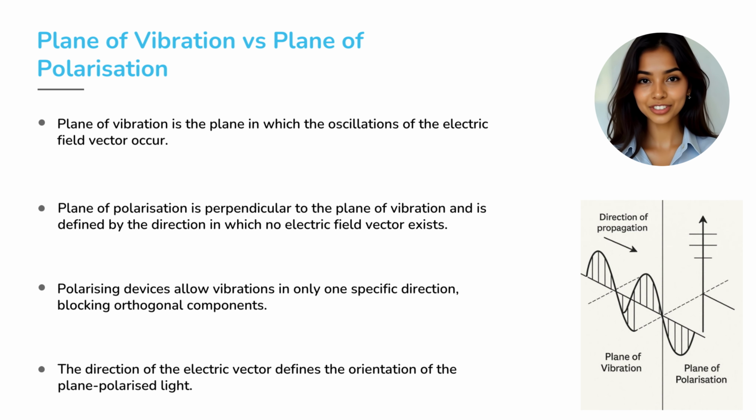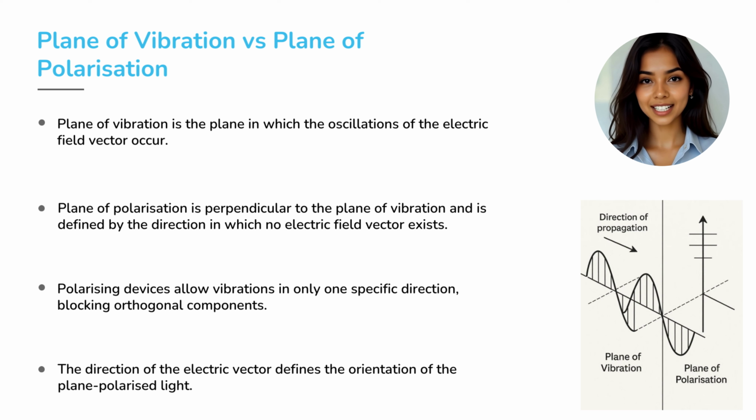It's like learning the difference between a jab and a cross in boxing but for light. The plane of vibration is the actual direction in which the electric field wobbles, the back and forth plane of the shaking, if you will. On the other hand, the plane of polarization is a bit sly. It's defined as the plane perpendicular to those vibrations, essentially where there is no electric field oscillation happening. Think of it like a dance floor. If the dancers move north-south, the dance floor plane, or plane of polarization, extends east-west where no dancers go.